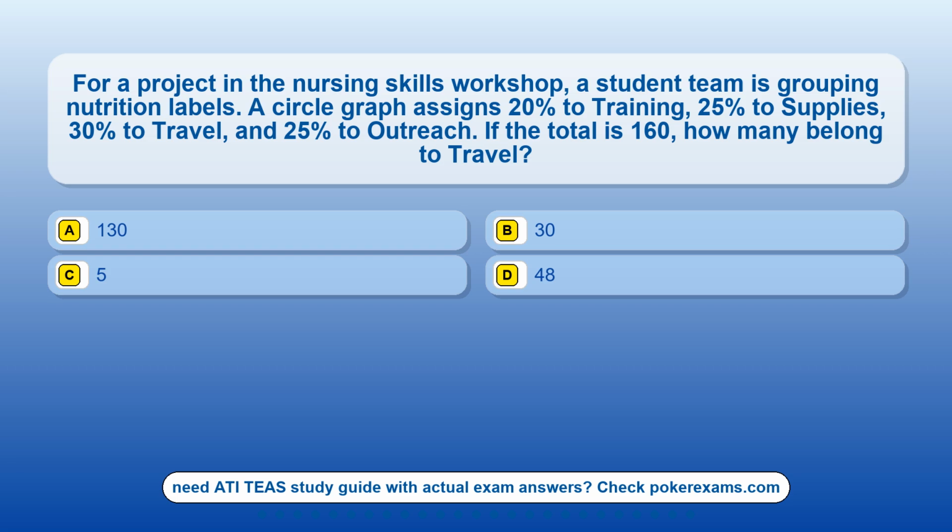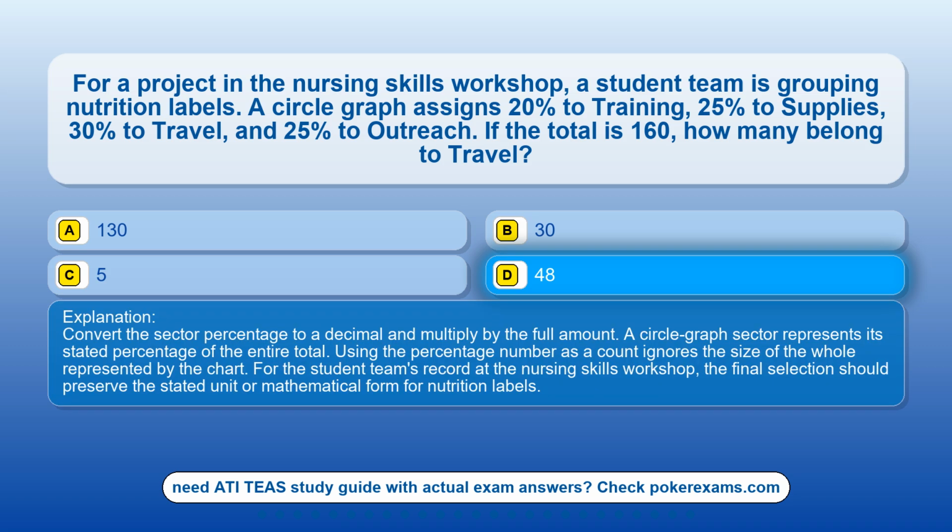Option C, 5. Option D, 48. The correct answer is option D, 48. Convert the sector percentage to a decimal and multiply by the full amount. A circle graph sector represents its stated percentage of the entire total. Using the percentage number as a count ignores the size of the whole represented by the chart. For the student team's record at the Nursing Skills Workshop, the final selection should preserve the stated unit or mathematical